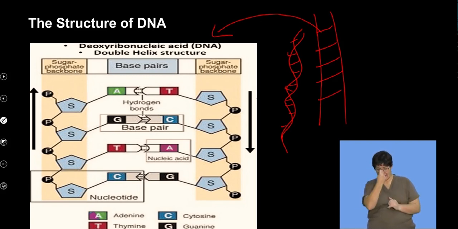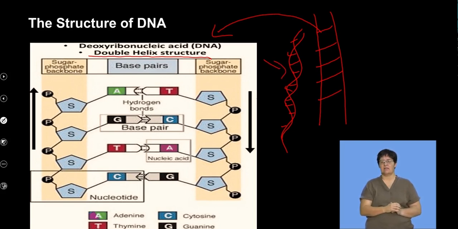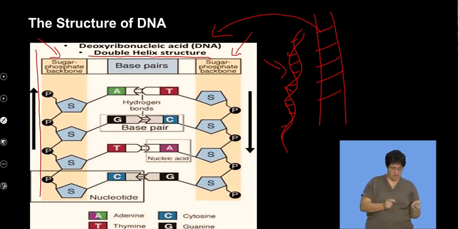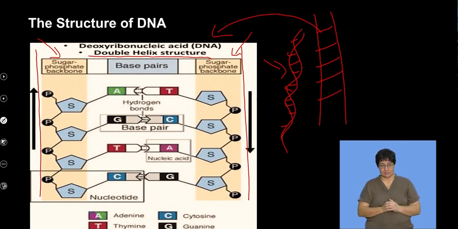If we step back and look at it, DNA is a double helical structure. Helical, as we understand, in terms of this model. It's double because it has 2 strands. On the one end, you see a sugar phosphate backbone. On the other end, you find a sugar phosphate backbone. So this is the one strand we refer to, and this is the other strand. Both of these strands are held together by what we refer to as hydrogen bonds in between. Each of these strands is made up of